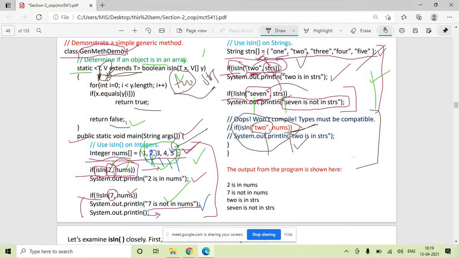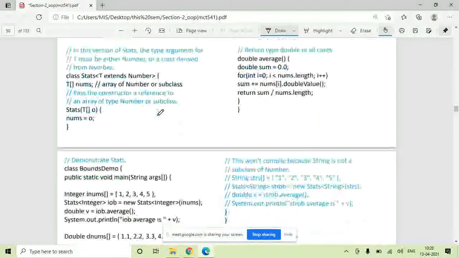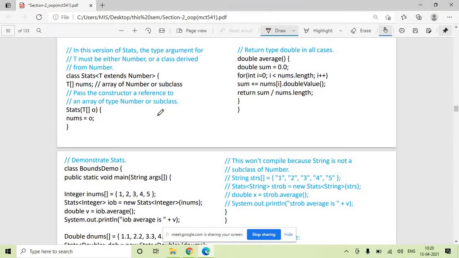If T is an integer and here you try a string value, integer and string are two separate classes. So if you want this kind of validation, then extends T helps you. Okay, so this is the program for this extends.